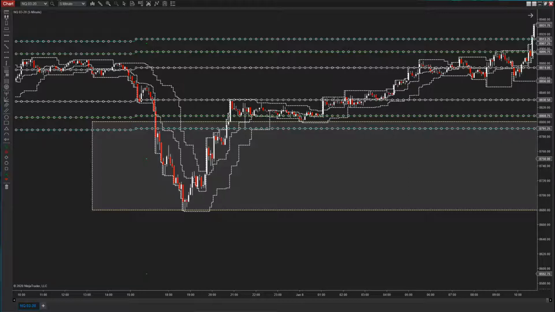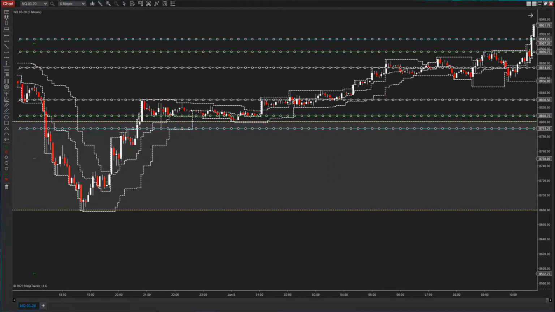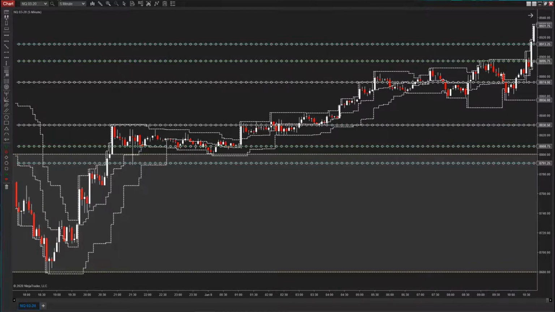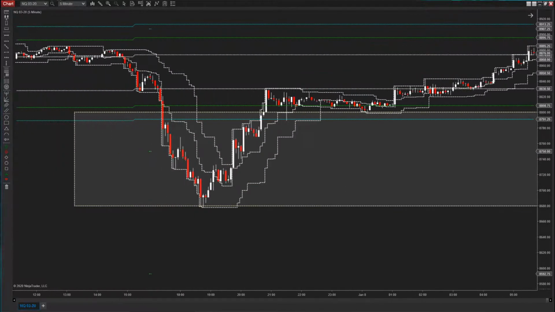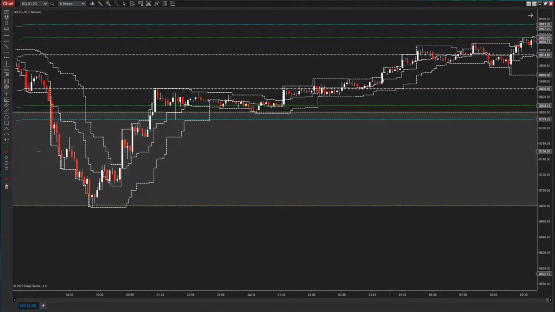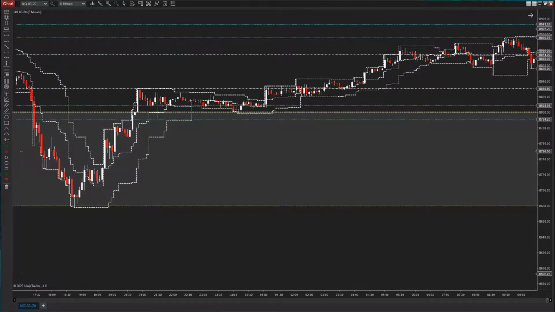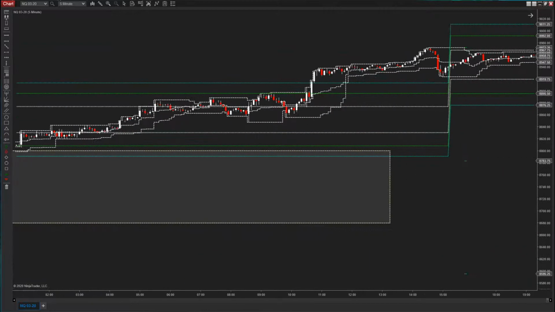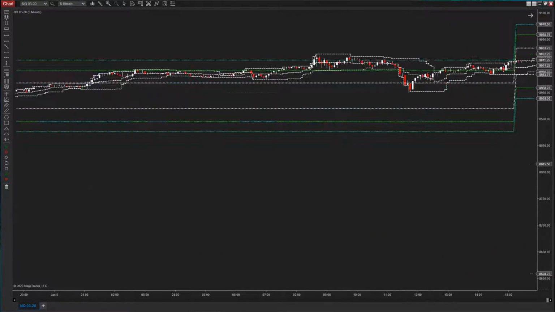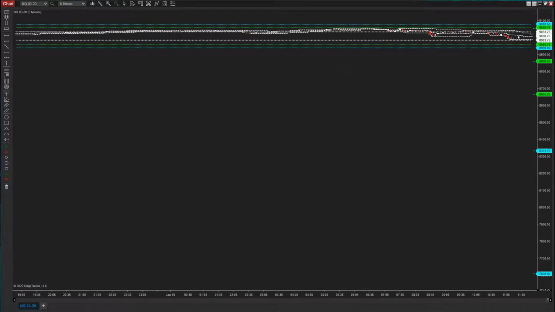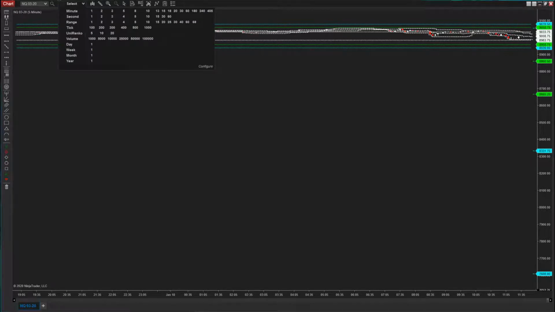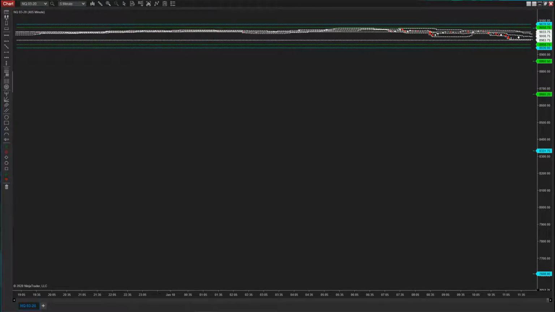I would not be trying to go long underneath that midband, but think about it like an algo and take advantage of these breakouts and position yourself to get back long. I'm going to put this back on 4 or 5 minutes. There's nothing that's going to be changing this